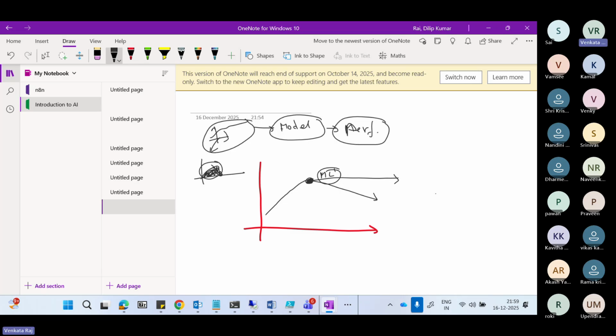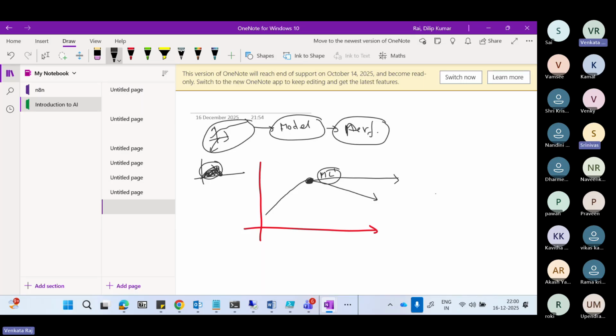So this is the overall session today on types of machine learning models: supervised, unsupervised, semi-supervised, and reinforcement learning. And then there are a few more types of machine learning, like batch and online learning. I'll take care of those maybe next session.